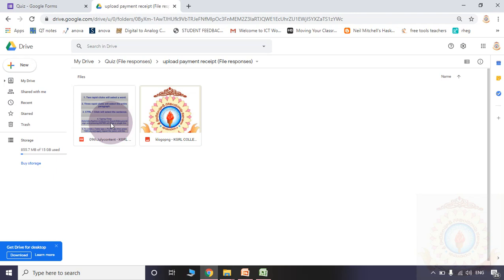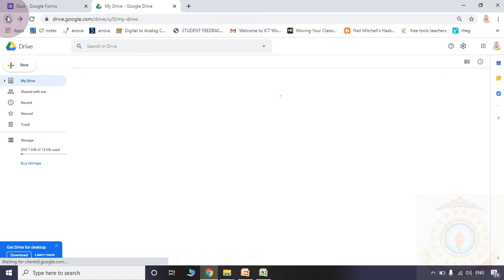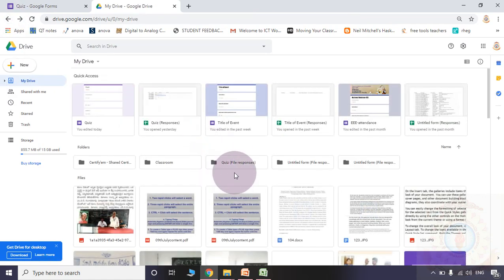Whenever we select the type of the file like PDF, in the previous session I demonstrated by changing the options for that particular question. When I considered the document type like PDF, I uploaded this particular PDF. When I selected the file type like image, I uploaded this particular logo. You can observe from the previous session clearly. The same files will appear in Google Drive, in a dedicated folder automatically.